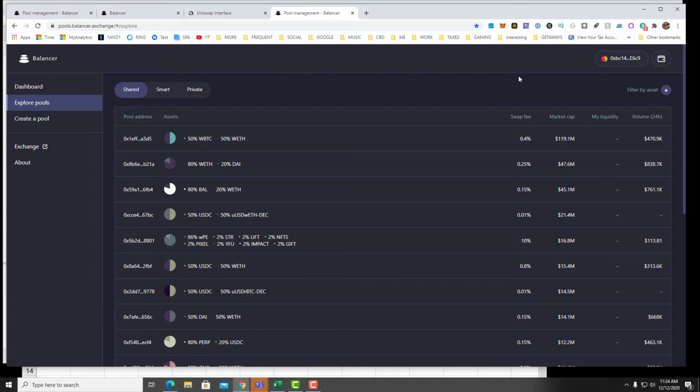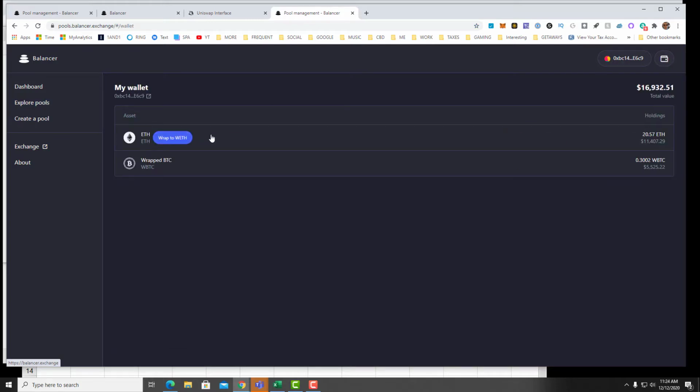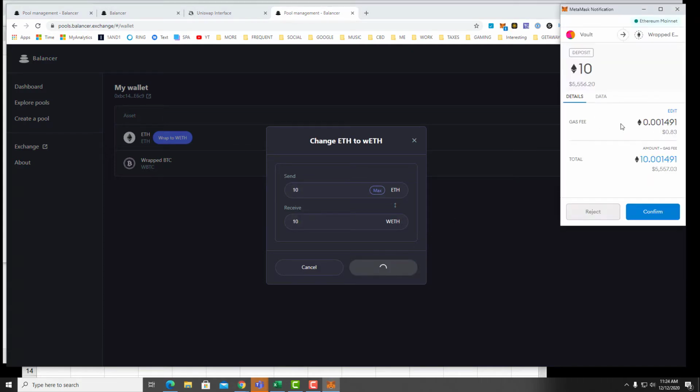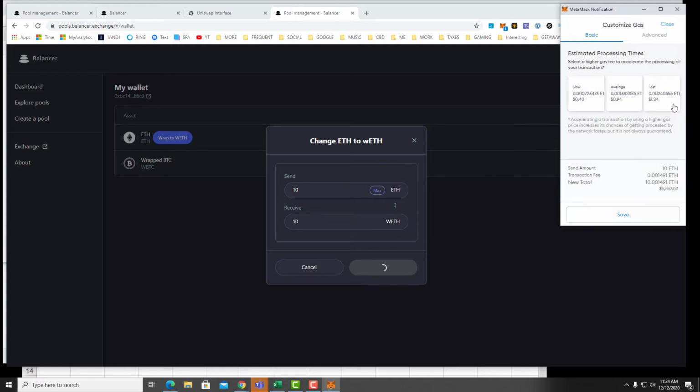What you need to do is click on the wallet in the top right corner after you're connected, and then you will be presented with your wrapped amount of tokens. I want to wrap this ETH that I have in my wallet. I'm going to go ahead and wrap 10 ETH, and I hit confirm, and the fee should be very little,